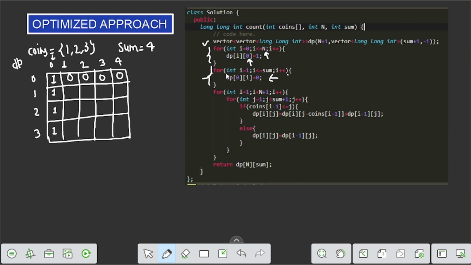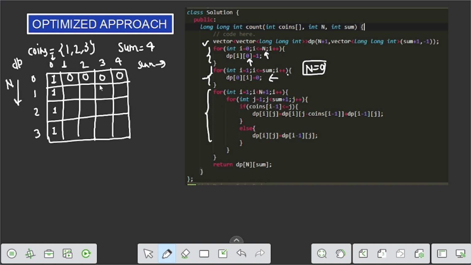Because here the row is n and the column is the sum, so if n is 0, meaning there are no coins, then there is no possible way to make the sum.